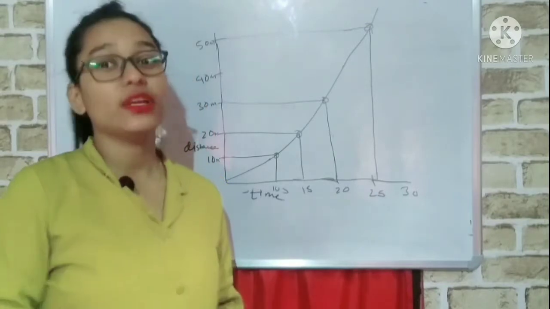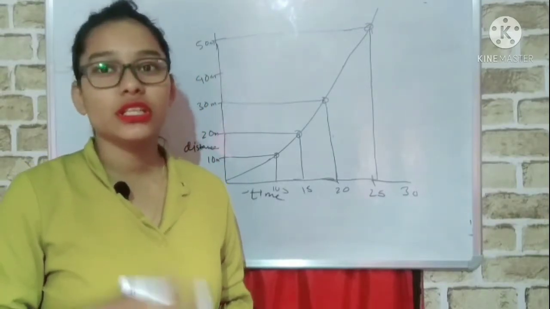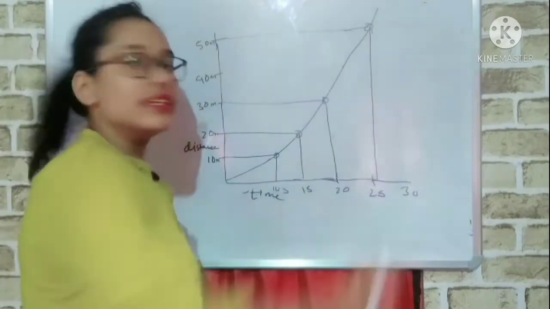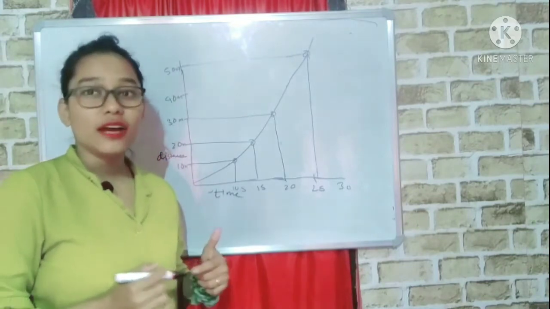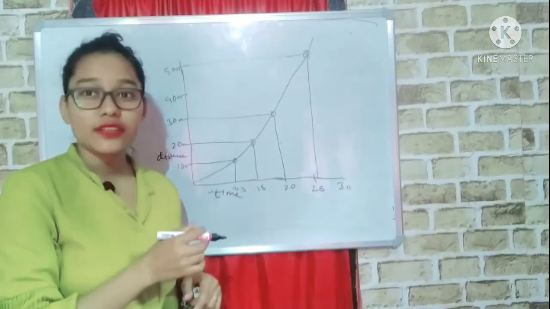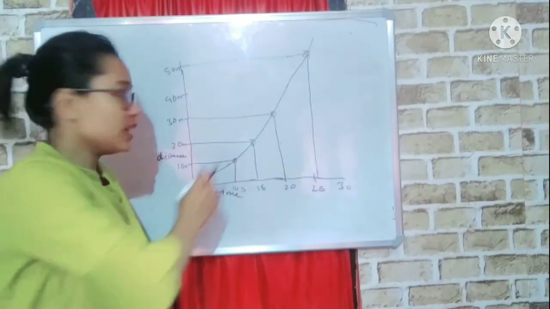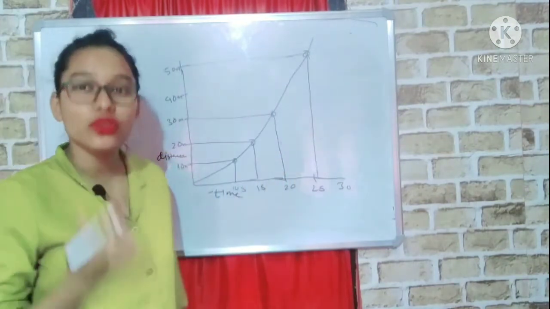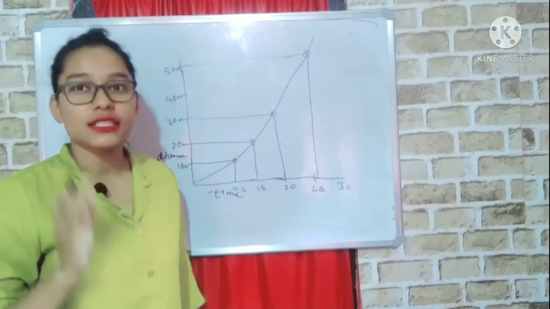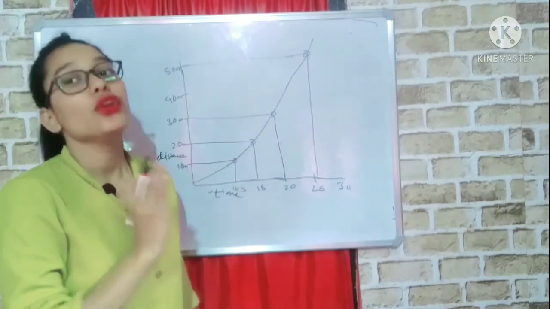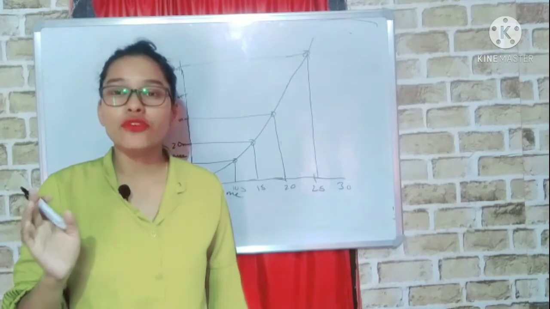Now students, let us discuss non-uniform motion. See, a non-uniform motion is represented by a curved line in a graph. Here you see, the body is not covering equal distance in equal intervals of time, right? That is why a curve is formed. There is no straight line like you have seen in uniform motion. So whenever you see a curved line, just think that the motion is non-uniform. Is it clear about uniform and non-uniform motion?